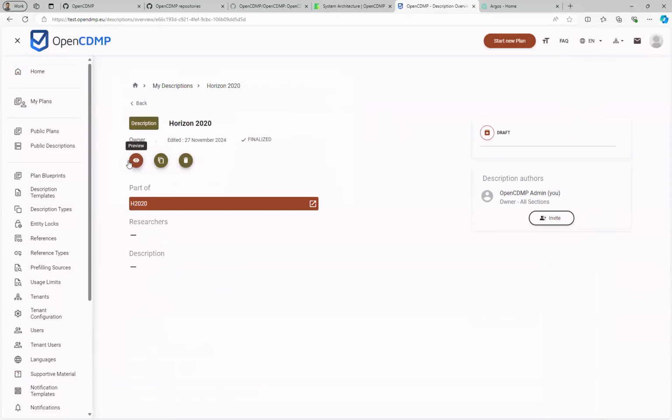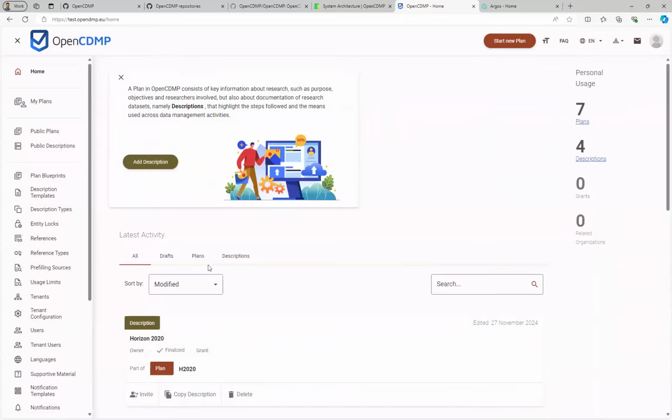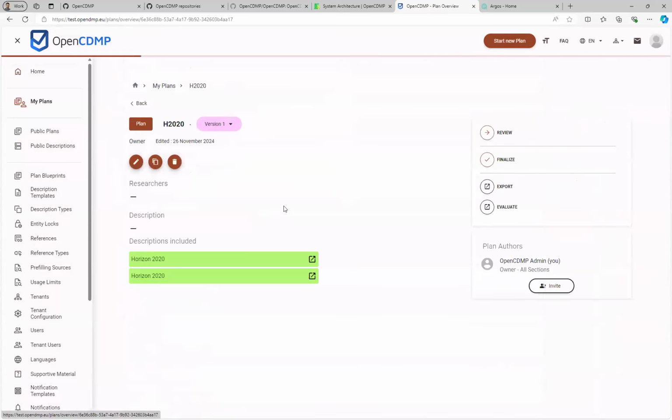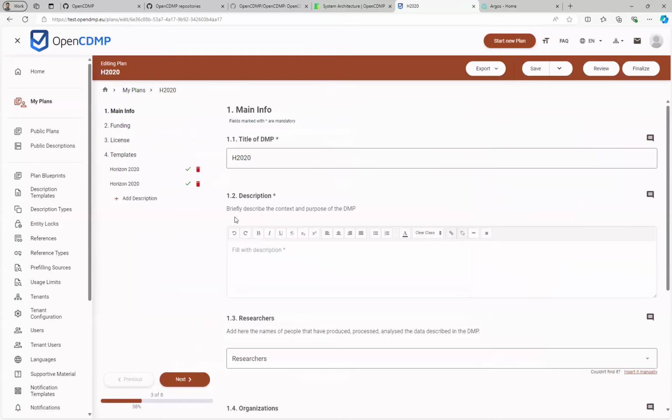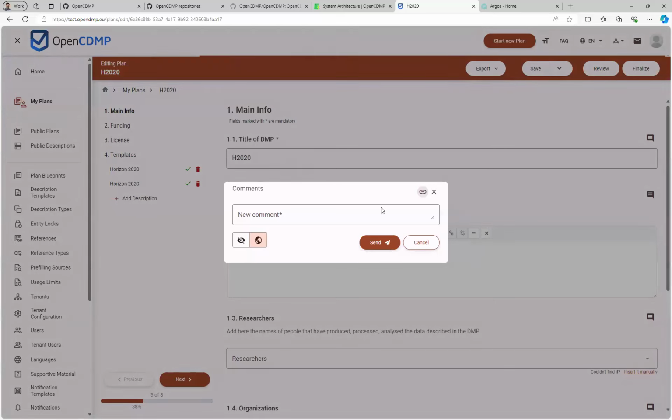Okay, last but not least, since it's a new feature that we have, we also support comments. I don't know if Ellie, you have already shown it. Since you're here, you can quickly show it. At any field of the plan or at any field of the descriptions, you can add a comment, and these are created in a thread-like way.